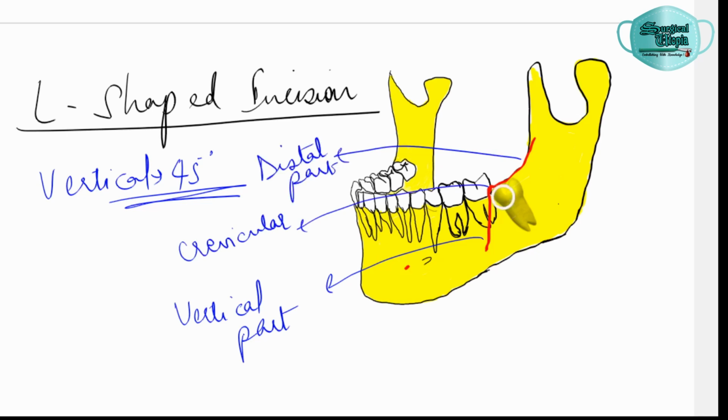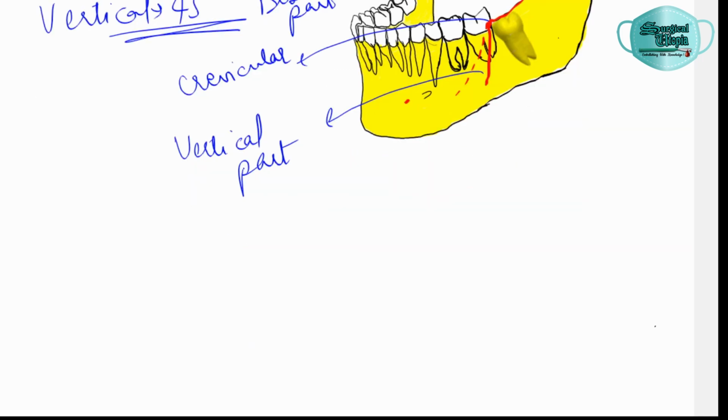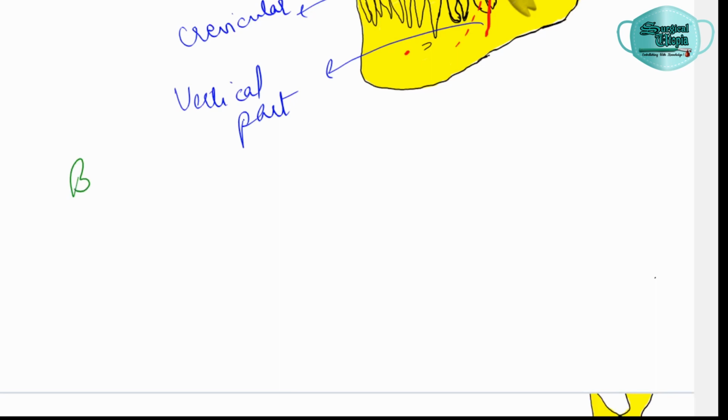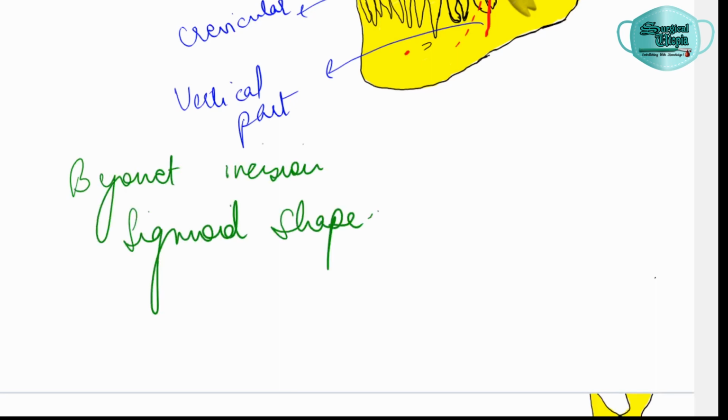Here you can see the vertical part of the incision is downward and straight. There is no curvature in an anterior fashion. Right? If it would have been in this way, this would be a Ward's incision. But for an L-shaped incision, it is straight and downward. And other than this, there are other incisions such as the bayonet incision and the sigmoid shaped incision. So now we will talk about raising the mucoperiosteal flap.